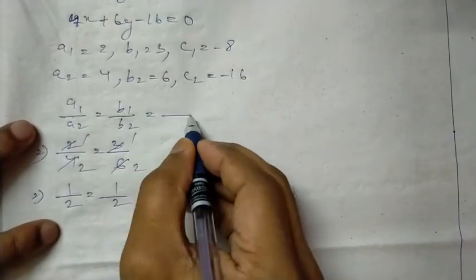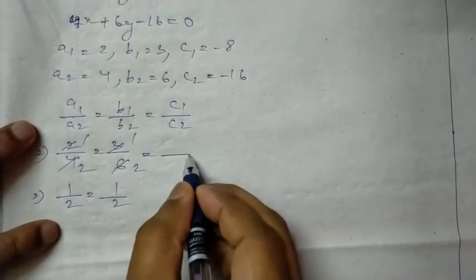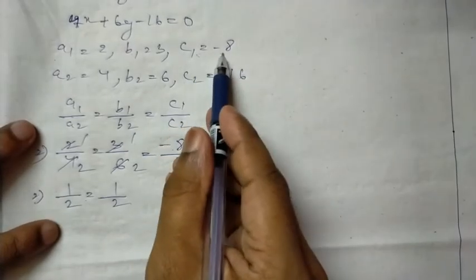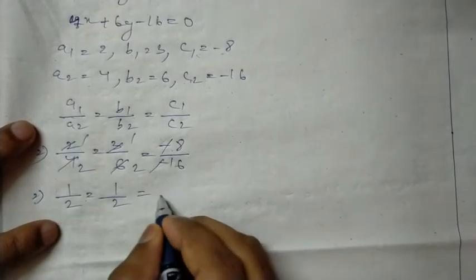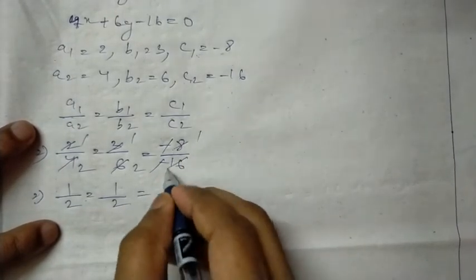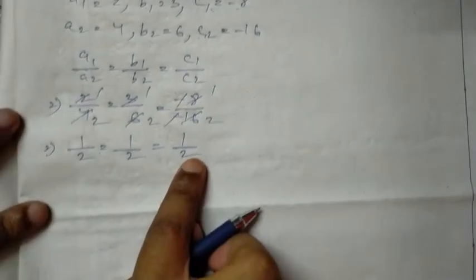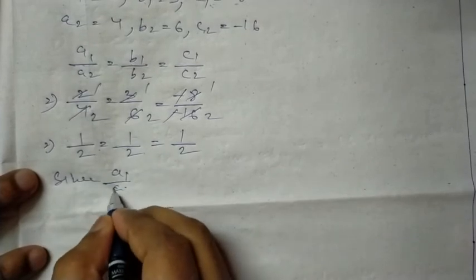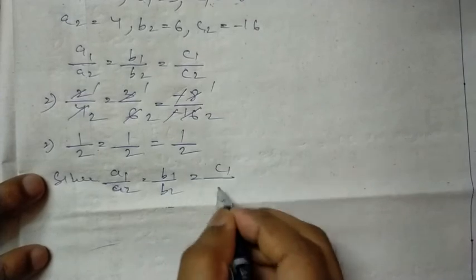We see the third ratio, c1 by c2: c1 is -8 and c2 is -16. The minus sign cancels, 8 ones are 8, 8 twos are 16, so 1 by 2. All ratios are equal, so since a1 by a2 equal to b1 by b2 equal to c1 by c2,